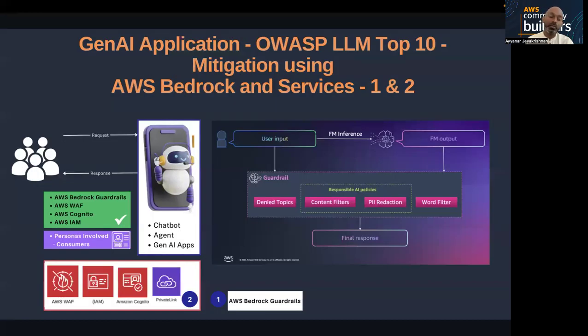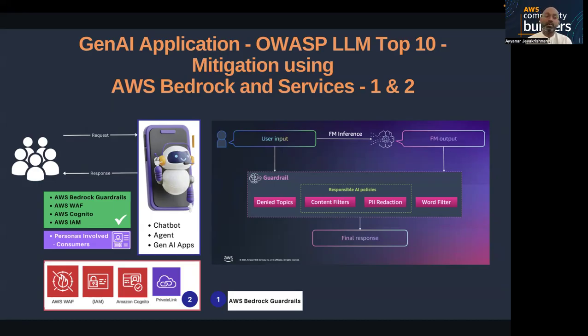We have seen the input and output area is where most of the things are happening, where no matter what, if you are not putting the right guardrails, you will end up on the wrong side. That's why we want to apply guardrails, and AWS guardrails play a critical part in adopting the LLM in the enterprise, because there are a lot of large language models available today, and a lot of interest from enterprises and startups to use them.